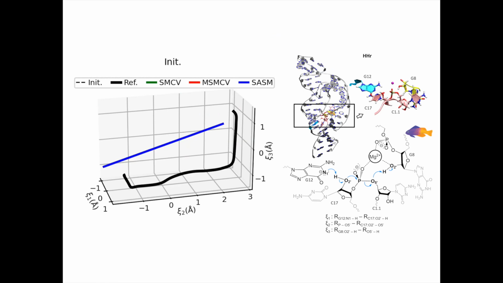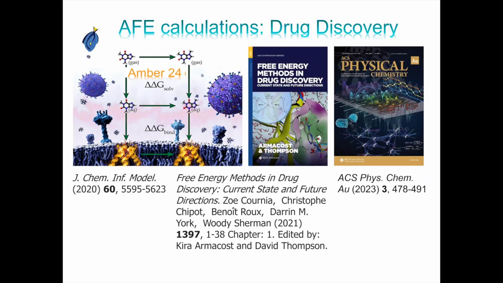But now I'm going to transition the free energy talk to talk about the second class of free energy methods, which are alchemical free energy methods. And alchemical free energy methods are oftentimes used to make predictions about protein ligand binding affinities in drug discovery. And so a lot of the applications that I'll discuss in this context will have that particular application in mind.